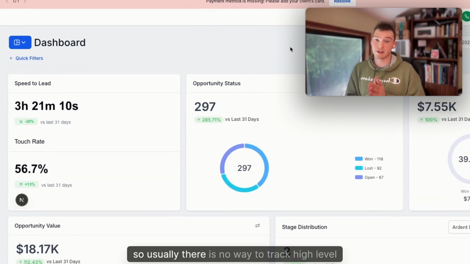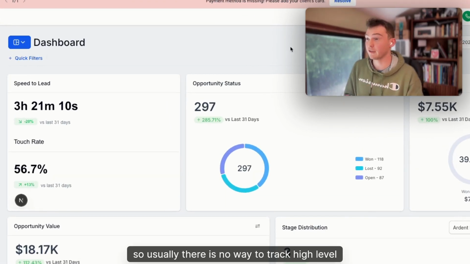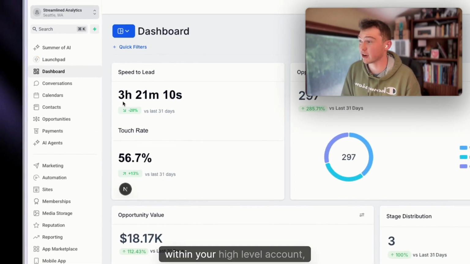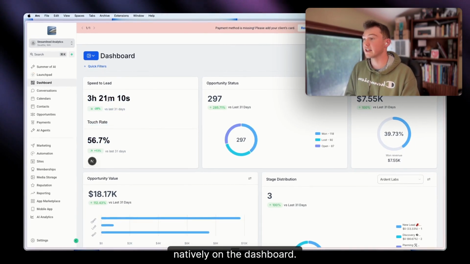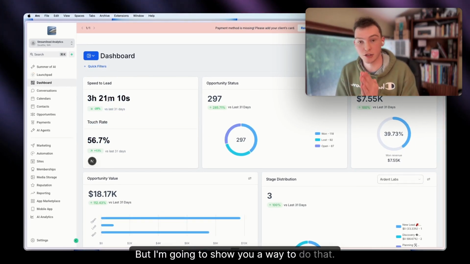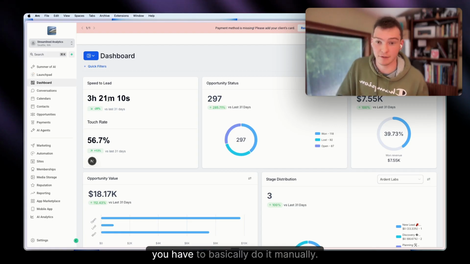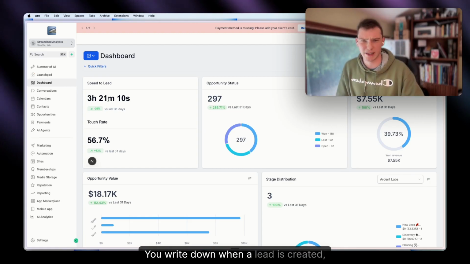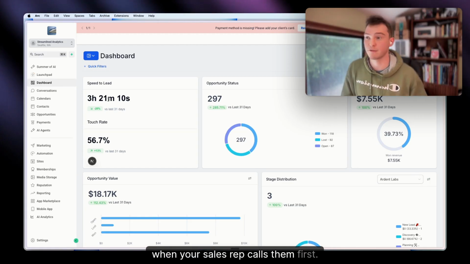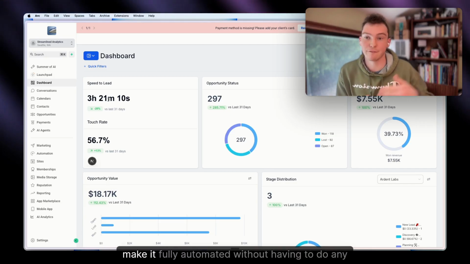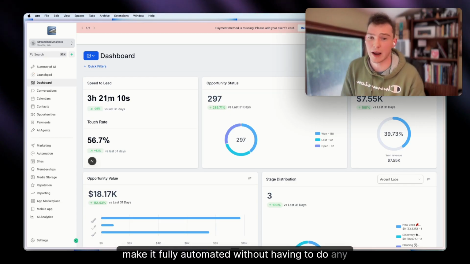All right, so usually there is no way to track high-level speed to lead within your high-level account natively on the dashboard, but I'm going to show you a way to do that. Usually, if you want to do this, you have to do it manually. You write down when a lead is created, when your sales rep calls them first. But in this video, I'm going to show you how to make it fully automated without having to do any